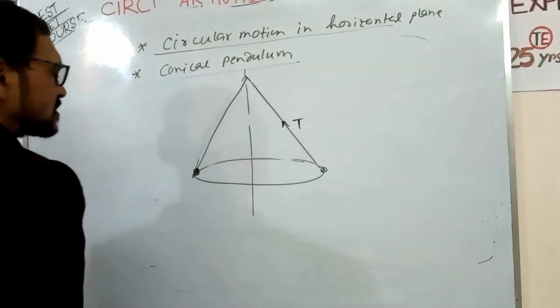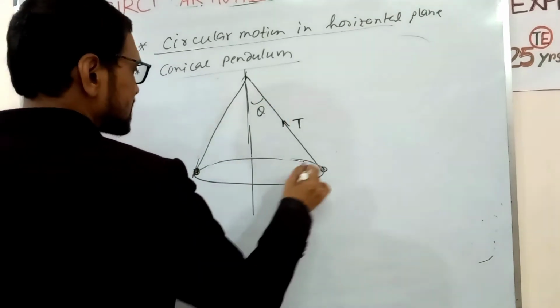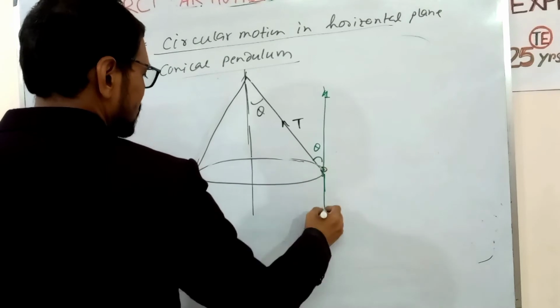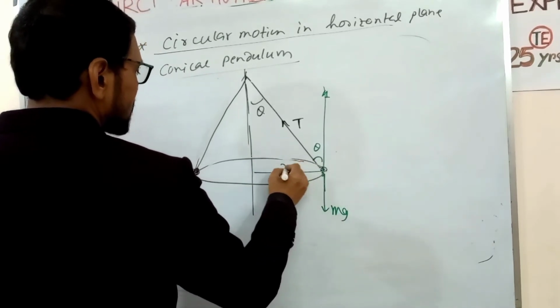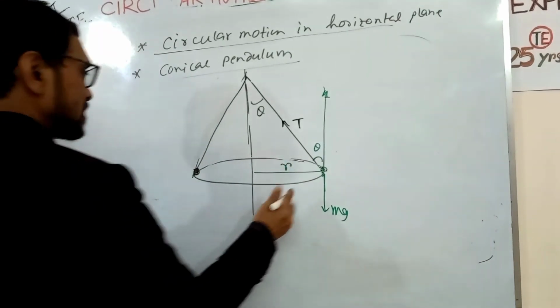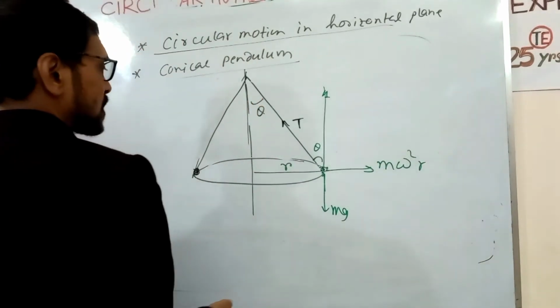So what is the different equation here? If this angle is theta, then this angle is also theta. Just find the equation. Weight acts in this direction. Now the stone rotates in a circle with radius r. So here omega square r is the centrifugal force, and